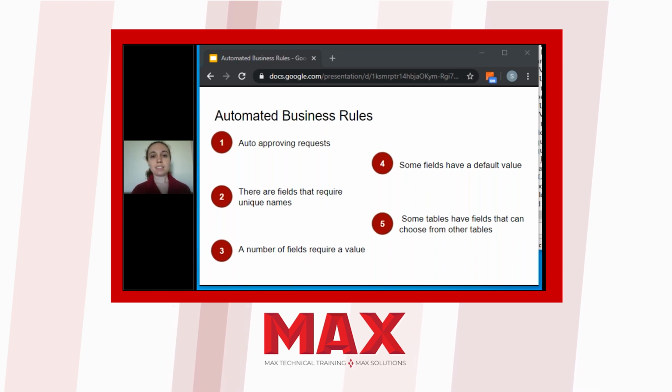Some fields have a default value. Request total has a default of 0, request status has a default of new, and request line quantity has a default of 1. The final automated business rule is that some tables have fields that can choose from other tables,